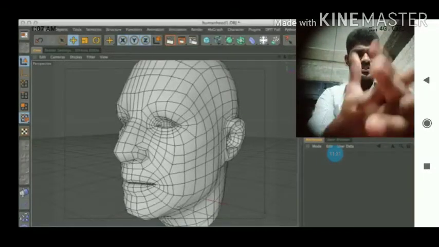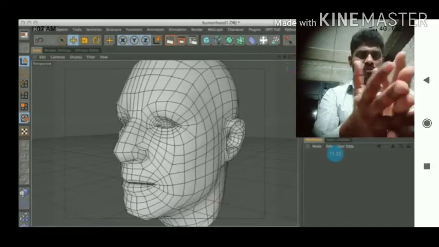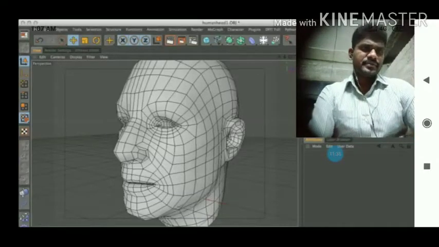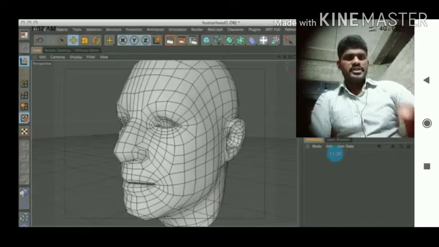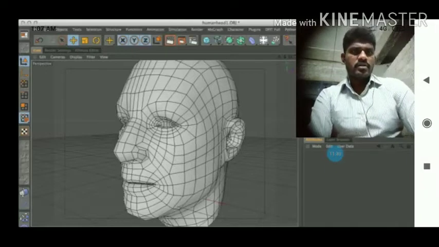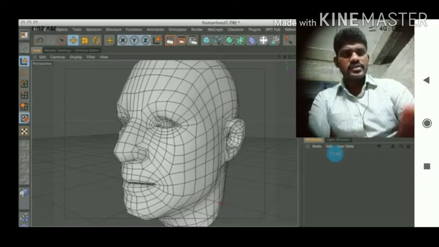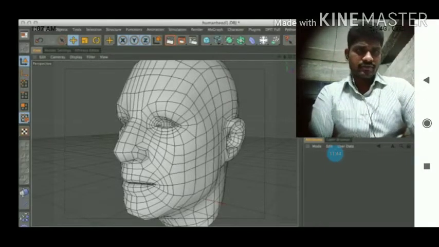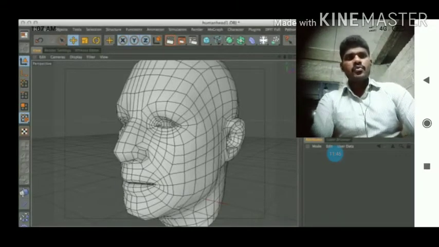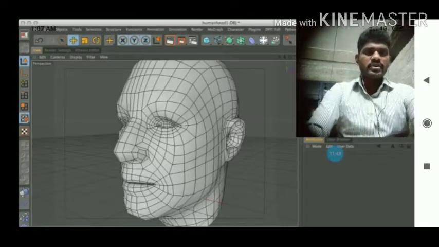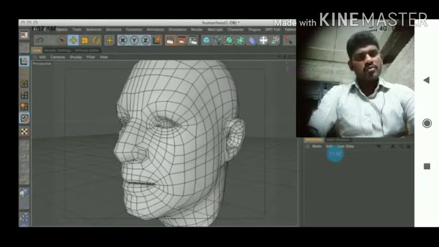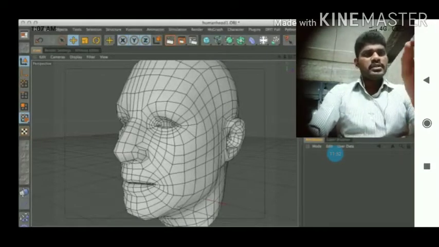So many nets, many cells, many squares, many boxes are there, and all of this looks very complex. So wherever you want to make some changes on this face, or on this head,